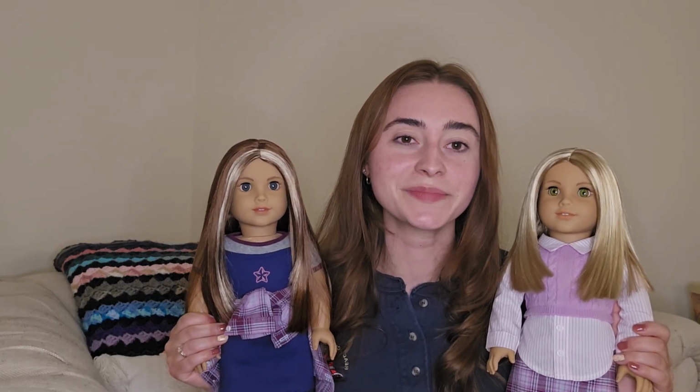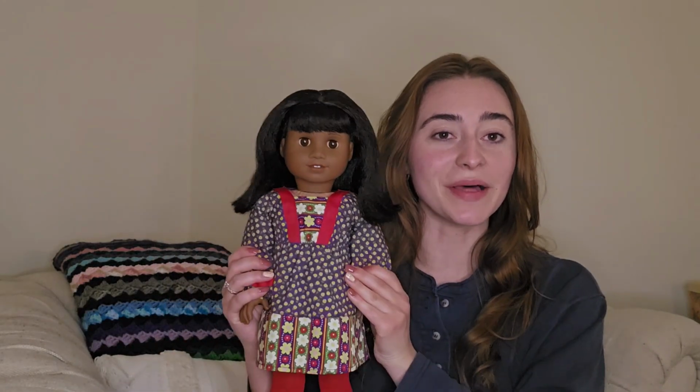So yeah, it was really awesome that I was able to add both to my collection, and I'm very grateful for that opportunity. This next doll I also purchased in June, and the timing of it is kind of weird because I technically purchased her before I went to the doll store, but it did take her a couple weeks to arrive, so I consider her after Nicole and Nikita in my collection because I received her after in the mail. So this doll is Melody,